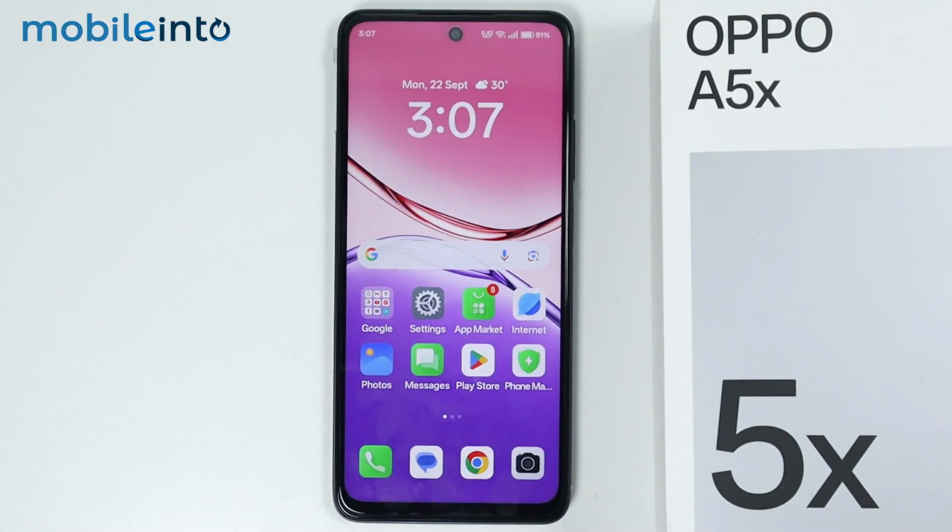Hey, what's up guys? On this video, we will see how to fix back button not showing on the Oppo